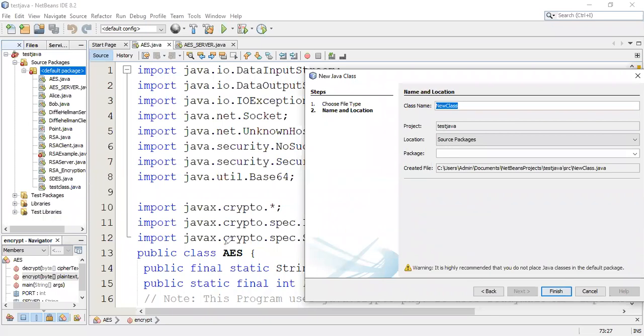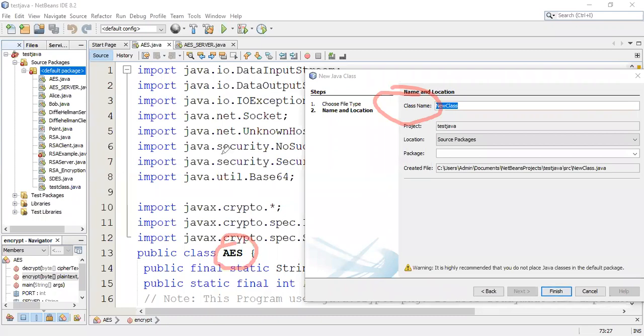Now this is my AES algorithm, so the name of my class is also AES. Here you have to provide the class name. That is my AES class name, so you have to remember that. Then only it executes. Suppose you enter any Java file over here and the name of the first class is AES, it is going to show the error. This is a simple one.